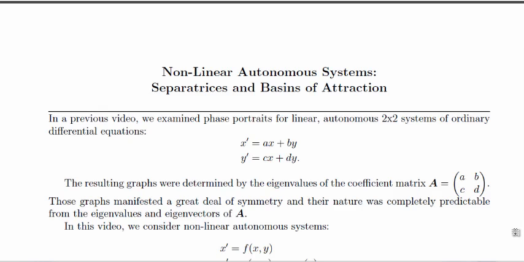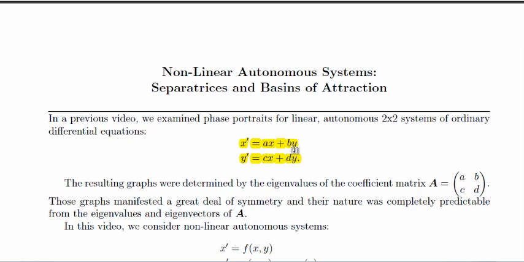In a previous video, we examined phase portraits for linear autonomous 2x2 systems of ordinary differential equations, systems of this form. In this video, we'll look at nonlinear systems, and we're going to look particularly at two features of them, separatrices